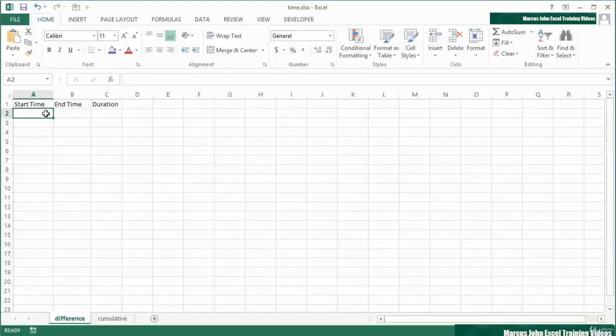Now, although we can use Excel for time, and it's very good at managing time, there are sometimes a couple of little hiccups that are worth noting and seeing how we can deal with them. If we had time, could we find the difference in a start time and an end time, therefore to give us a duration? Yes, we can. As long as we give Excel the time in Excel's time format so it understands what kind of time we're dealing with. If we take the time working file, for example, we have a sheet called difference,